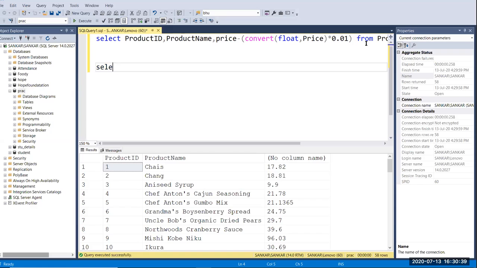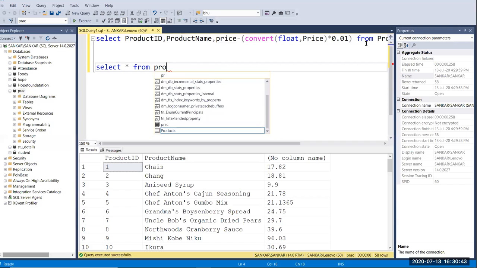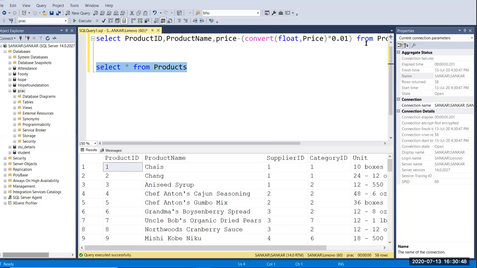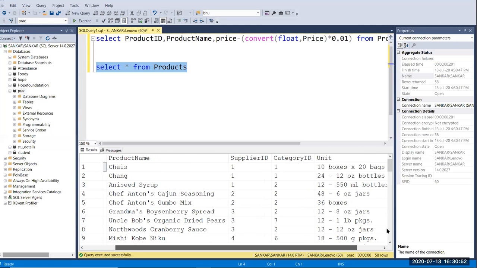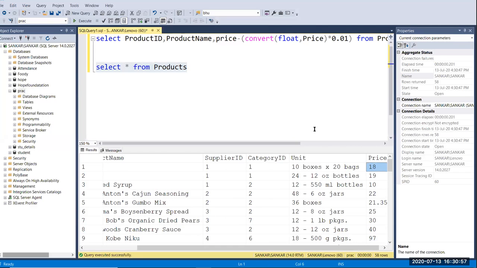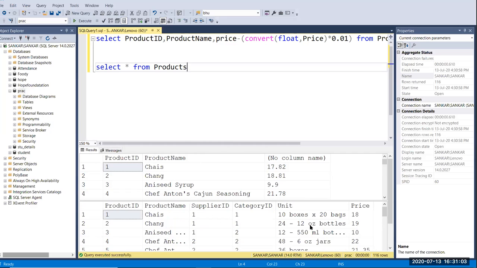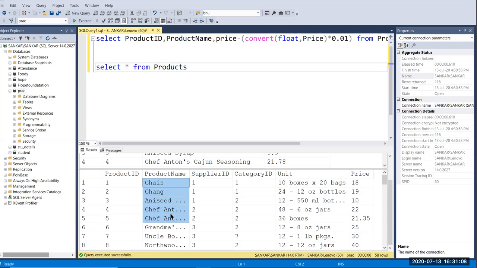Here I'm going to give one more query, select from products. Here the choice value is 18. I'm going to run both queries. Now you can see the choice once again.